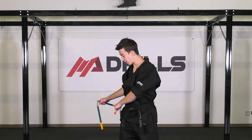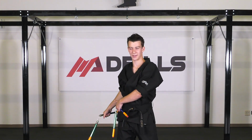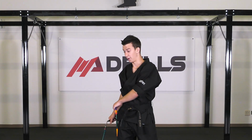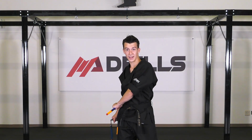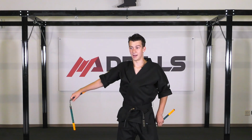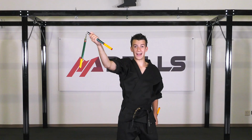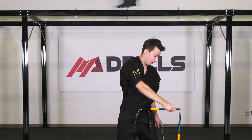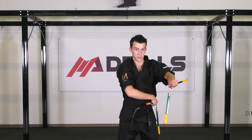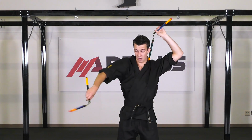So we're going to start off, instead of starting off in the regular starting position, we're actually just going to have both hands at the bottom. So we're going to take our front hand, we're going to bring it across, switching sides on the hip, and now this other hand is going to do an around the head strike. Now, as this comes over to match that other hand, the other hand starts to do the around the head strike on the other side, coming inwards. Now, cross,